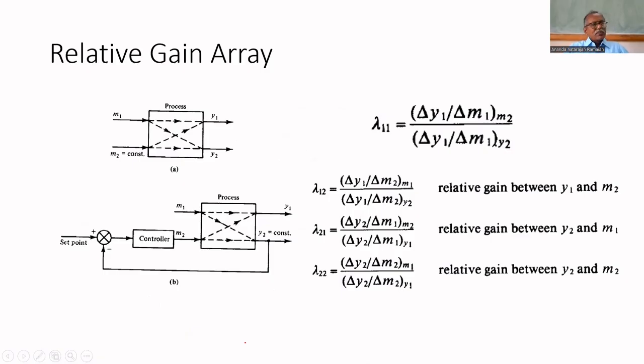So far, we have seen the qualitative analysis for interaction, and qualitatively analyzed and found, out of 24 combinations for the flash drum, we selected only one combination by qualitative analysis. That can be found by quantitative analysis. For that, we can use the relative gain array,